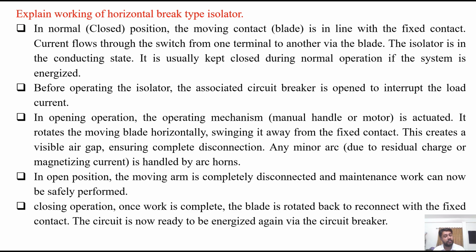The closing operation: once the work is completed, the blade is rotated back to reconnect with the fixed contact. The circuit is now ready to be energized again via the circuit breaker, because once the isolator is closed, the circuit breaker associated with that isolator is closed now and the current can flow